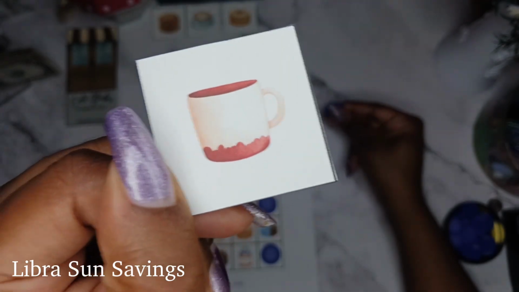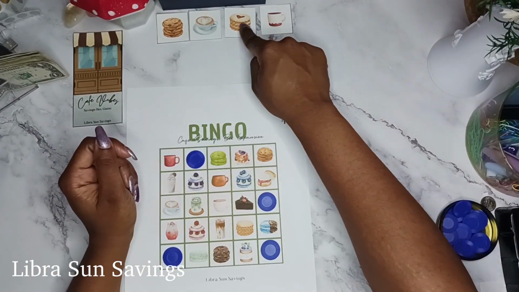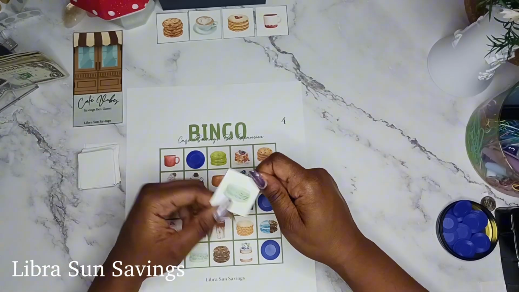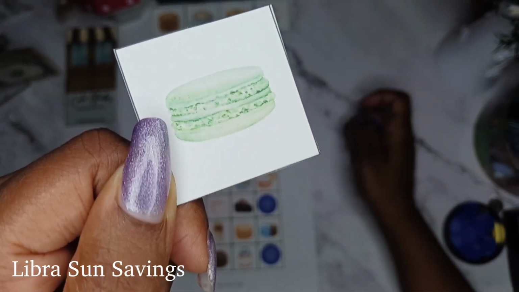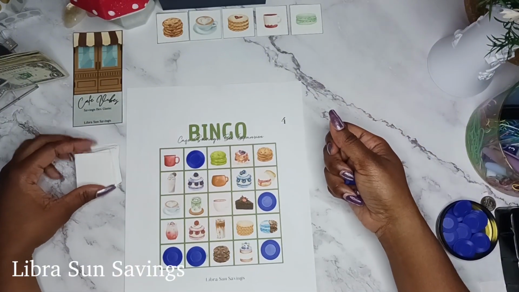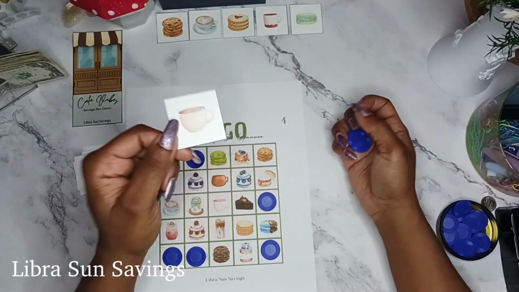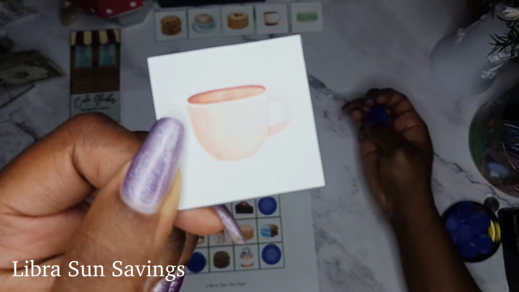We have our red or white mug with red accents. All right, we don't have that one on here, but you might have that one if you're working on a different board. We have our pistachio macaron here. So today we're just going to be doing 5 in a row for this round, but feel free if you are at home to switch up your